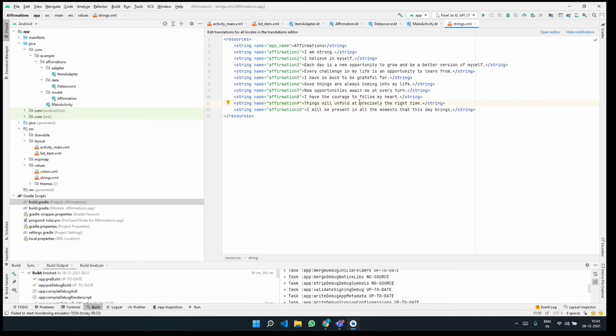So the other thing that we talked about some time back is packages. So what are packages? Packages are nothing but organizing your code logically, which helps you and the other developers in your team also to understand.